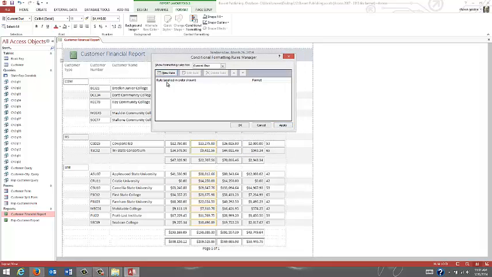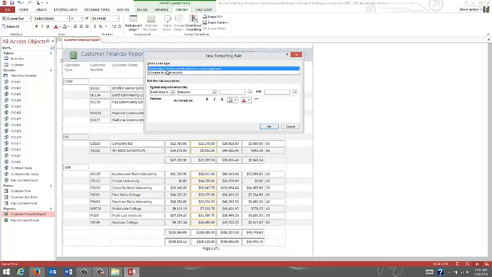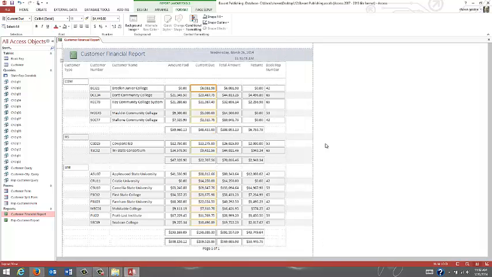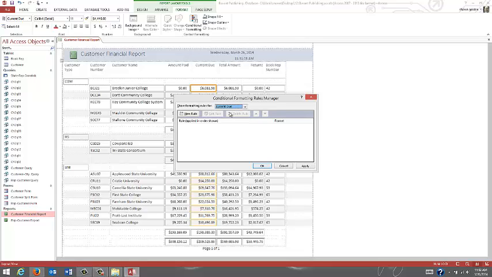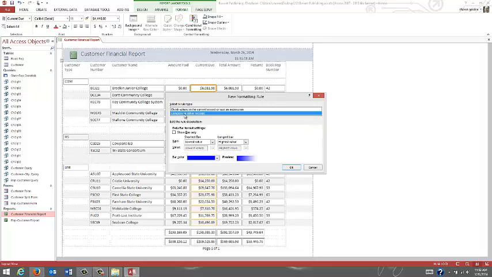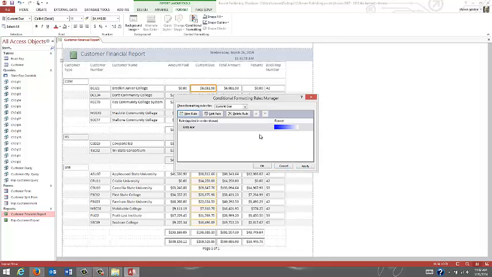let's see, I did something wrong here. New rule. I'm going to click on the current due field, any one of the items, go to conditional formatting. I'm going to create a new rule. Now a rule will allow it to be formatted in such a way that it'll make the color change or whatever you decide the rule to be. So I'm going to click on new rule. I'm going to compare to others,